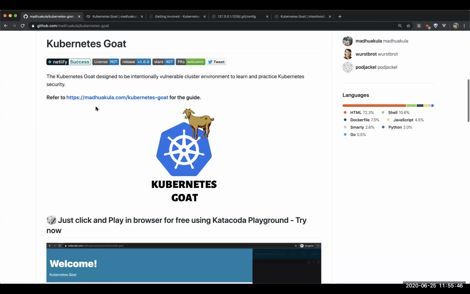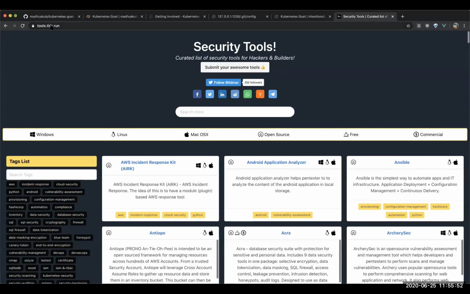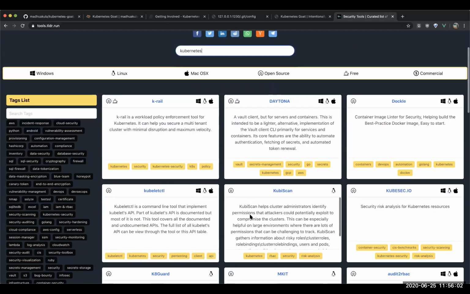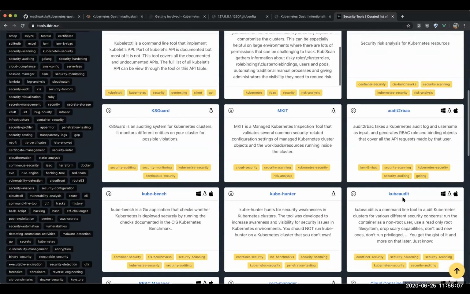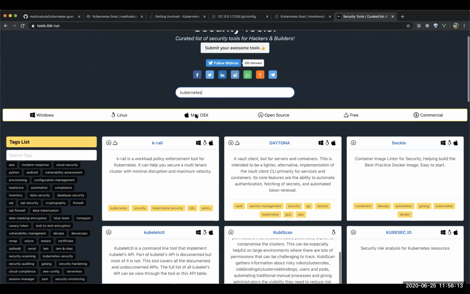So what I have done is, since I have got these kinds of questions multiple times, I have created a simple web page called tools.tldr.run. If you go there, there are a bunch of utilities around Kubernetes and a bunch of security verticals. If you try Kubernetes, you can see utilities like Kubescan, which I was just talking about. Maybe you can use these in the CI/CD pipeline as well. And I'm sure there are a bunch of other utilities available to solve these problems. But off the top of my mind, I would say Clair, Anchore, Trivy, Kubescan, Polaris, and a bunch of other stuff.